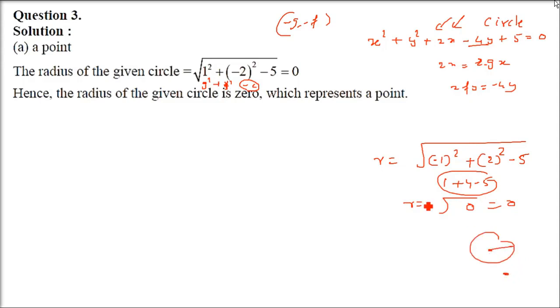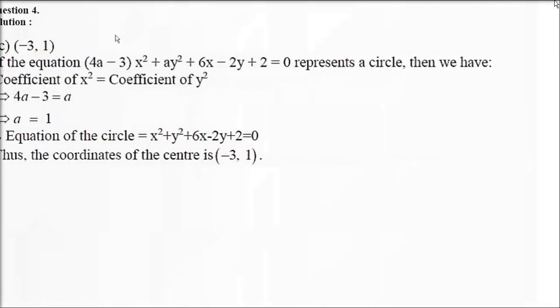When the said circle, the radius is 0, what does it mean? It means it's not a circle, it's just a point. It's just a point. So we have a point. If you read the third option, a circle of non-zero radius, or you will tempted to answer none of these, it's not. It's a point. A circle with 0 radius is just a point, just the center.